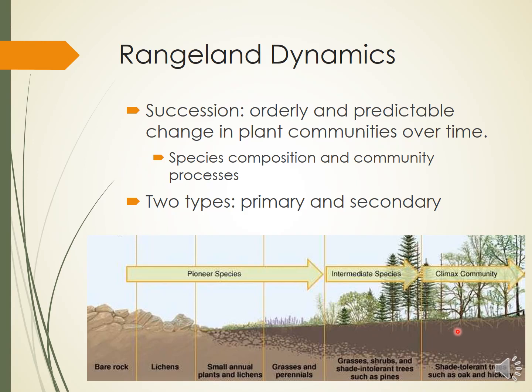And this is defined, the climax community is defined as the presumed endpoint of the system, where once it reaches this state, the system is going to no longer change unless some sort of disturbance is introduced from outside the system. Okay, so in this example, this community is made up of shade-tolerant oaks and hickories, and that's the presumed endpoint